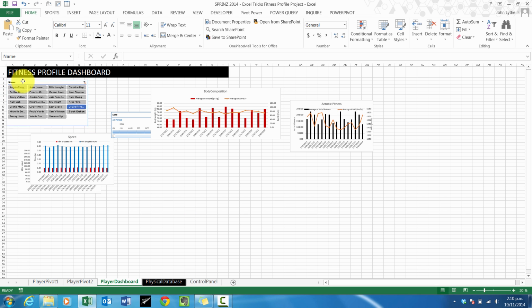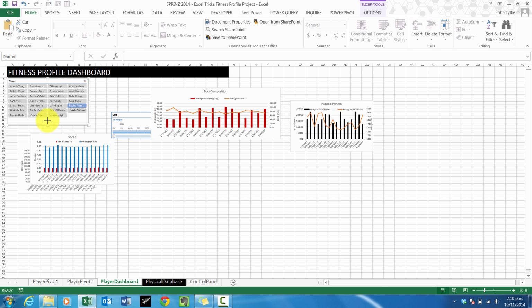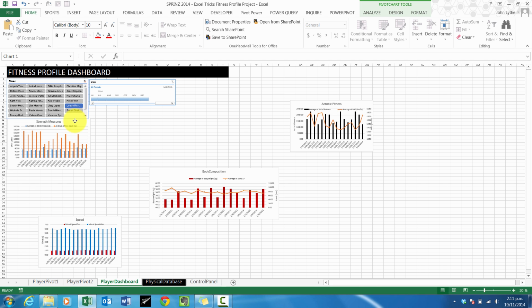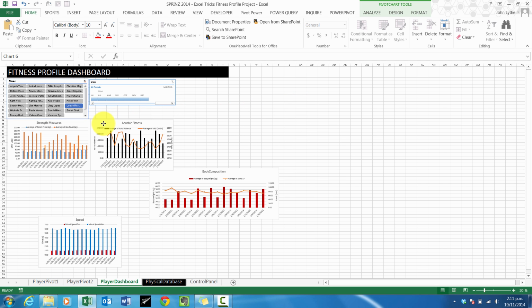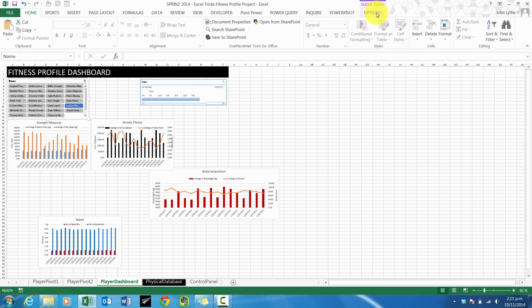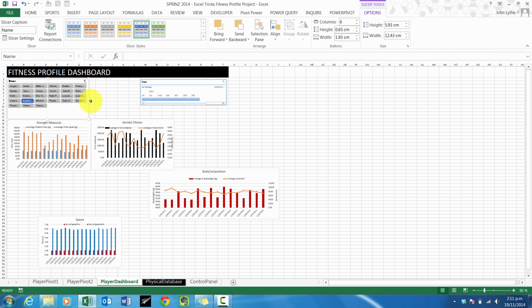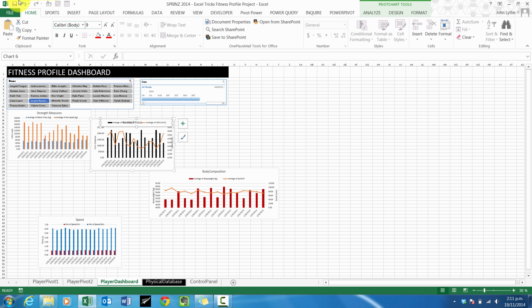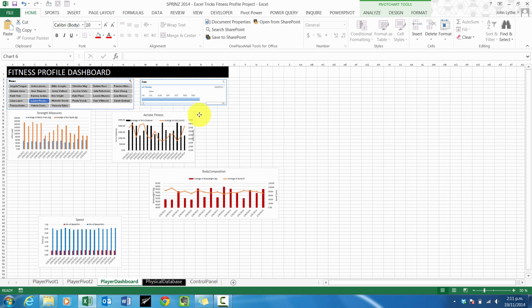Put my slicer and my timeline up the top, and then build my dashboard underneath. And so this is really just a case of mucking around to get things to look good, and more importantly in many cases to make things print out well if you're going to do that. So